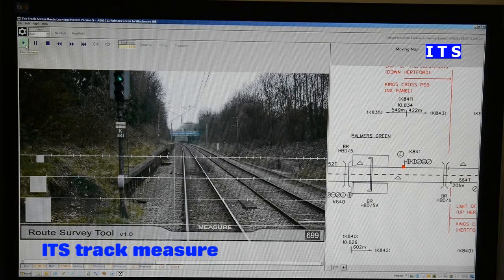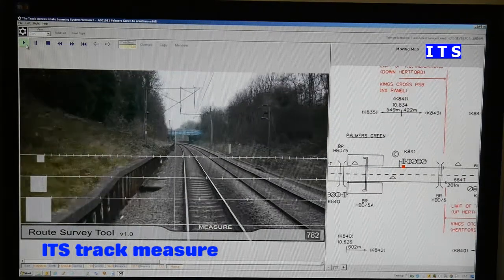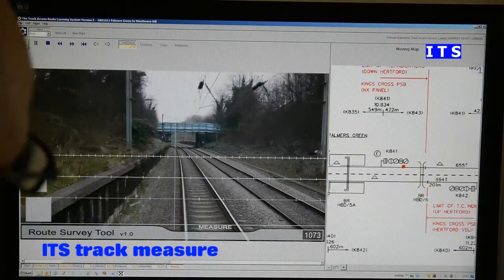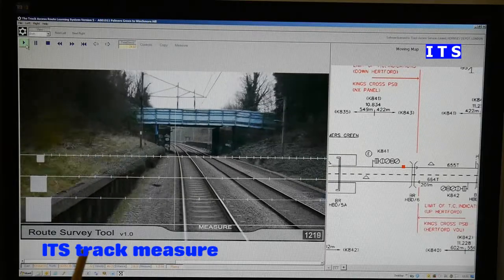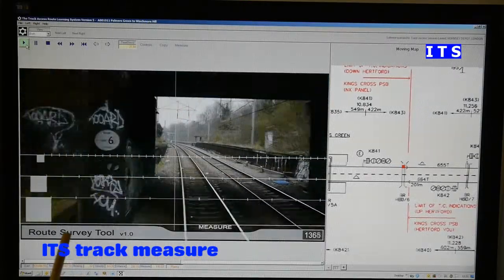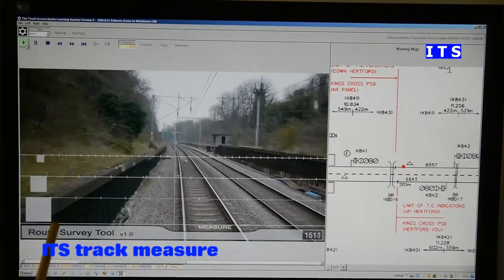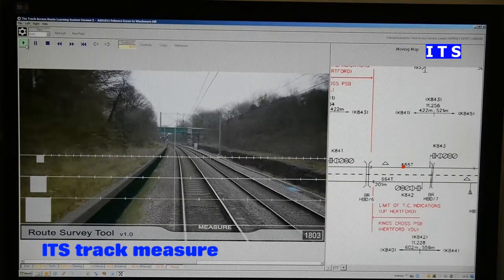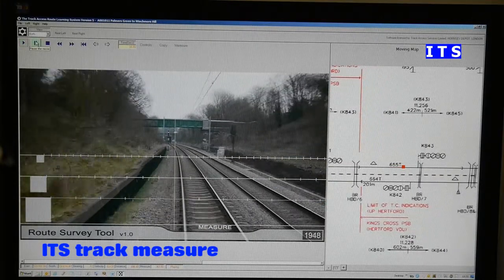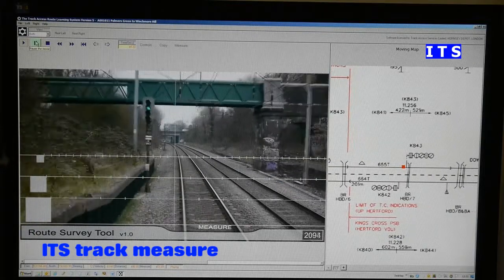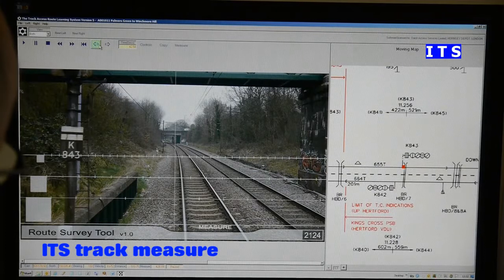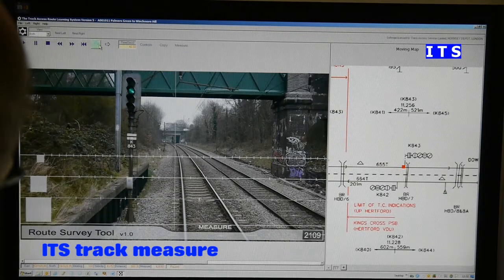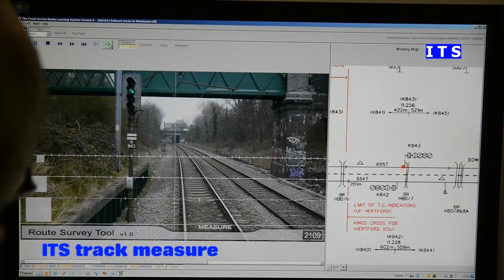So now we'll progress down the track to the next signal, which is K843. And as we pop down the track, we will come to the next signal. When measuring, we overrun and just pull back to the base of the signal,